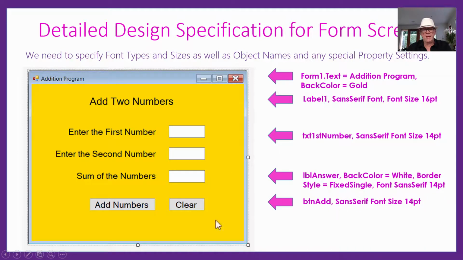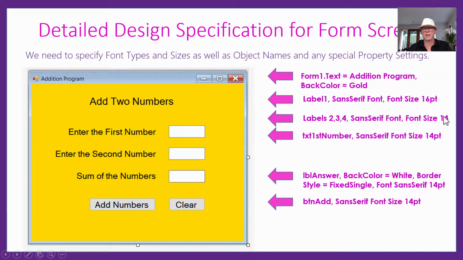We've also got a button there, the add the numbers button. That's going to be called btn add. Notice here we're using Hungarian notation to name everything. And if you don't know what that is, you need to go back and watch our video all about data types and naming conventions. And back up here, we've got the labels, 2, 3, 4 that we were talking about